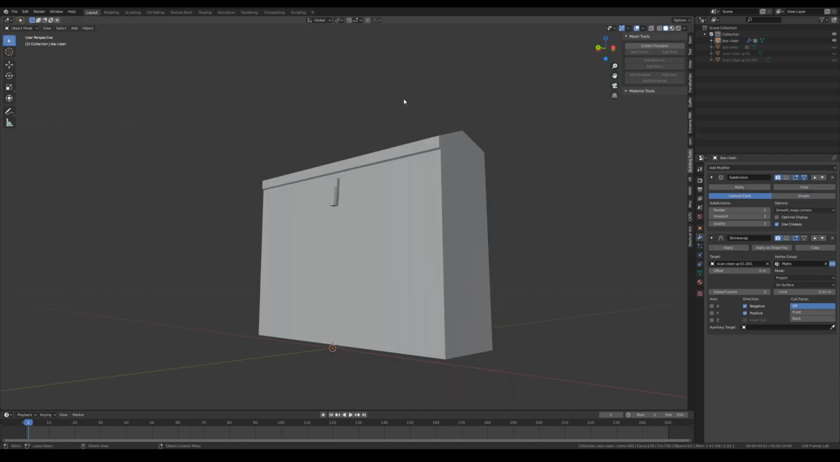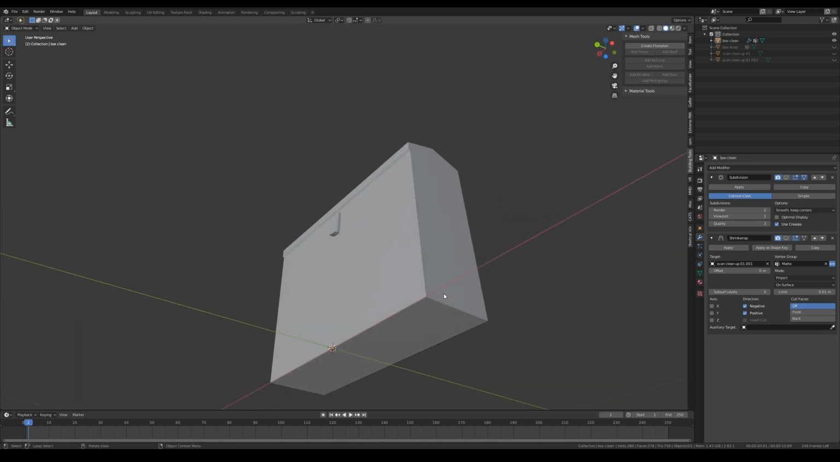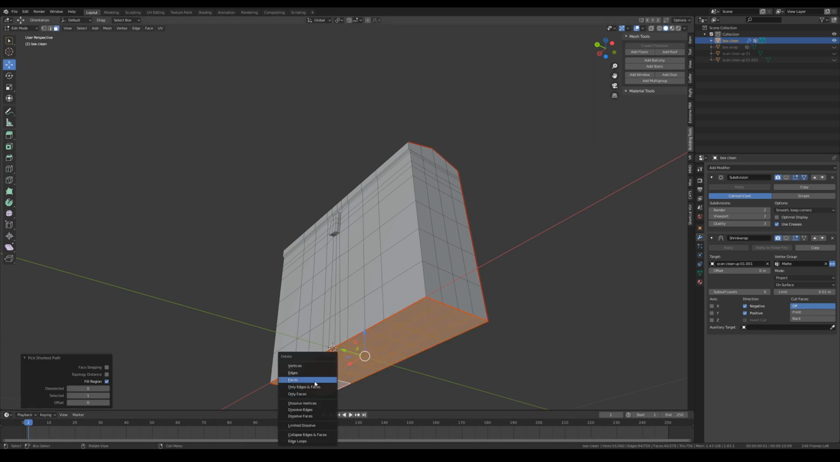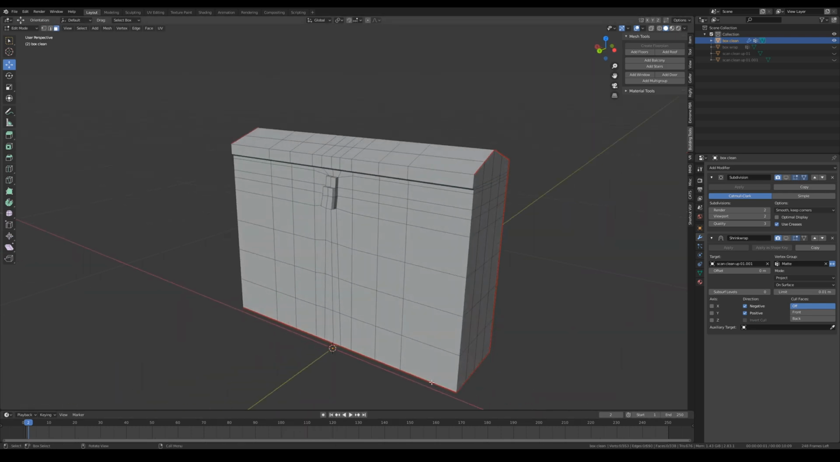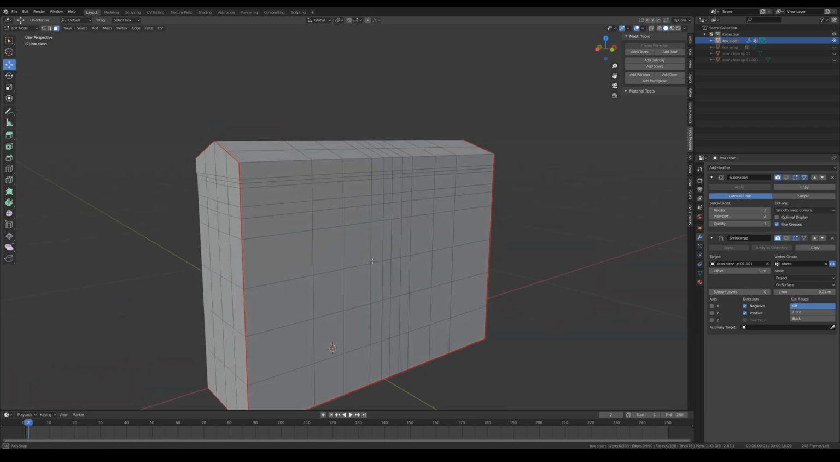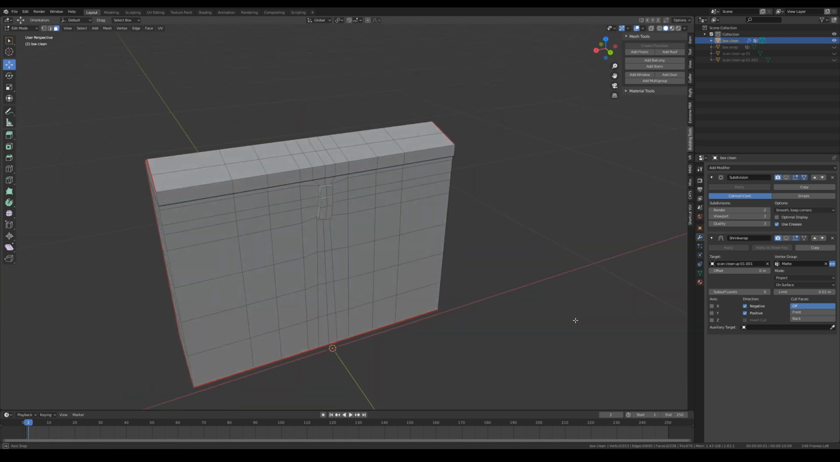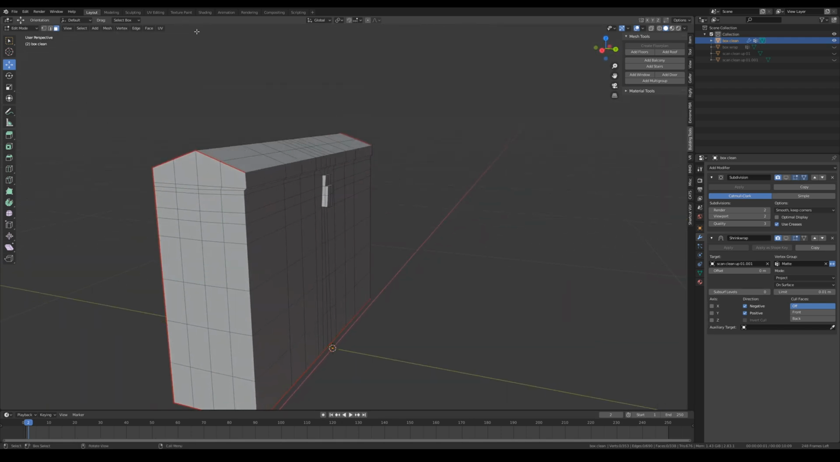Now we need to UV unwrap our object. So first thing I'm going to do is delete these bottom faces, because we're not going to see them. And now we can simply unwrap our object. So I've placed some cuts in the obvious areas. Now if we go to